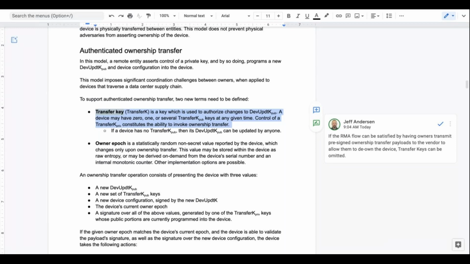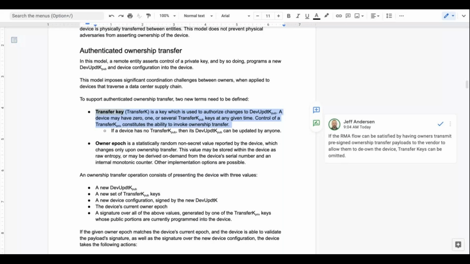That's correct. There are two ways of solving this RMA flow. Either I, ahead of time, give the vendor authority to assert ownership through one of these transfer keys, or I have to go out of band and send some signed payload to the vendor when I actually RMA the device.